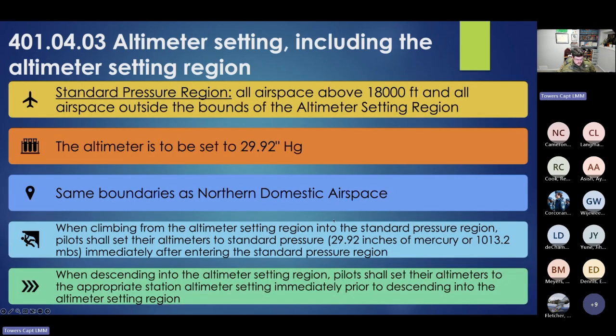So just for everyone who may or may not know, your altimeter has a little knob on it that you can adjust, and that's your altimeter setting. And it's usually measured in inches of mercury. So when you're in the altimeter setting,